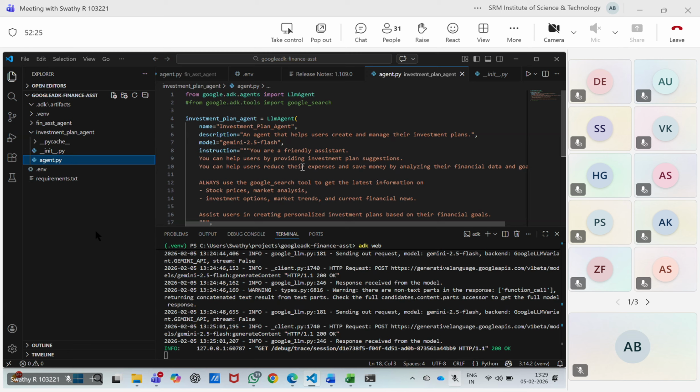Again, this is going to be a very simple agent. Investment plan agent folder, two files, init file, agent file. The init file you already know. In the agent file, the same statements: from google.adk.agents import LlmAgent. And here from google.adk